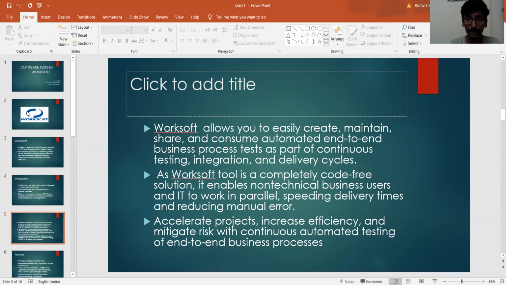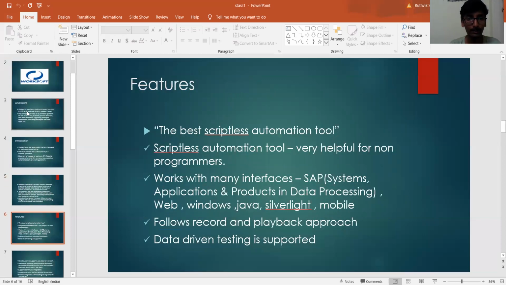We can work with users and IT in a parallel way so that we can deliver speedily and also reduce manual errors. And also it accelerates projects, increases efficiency and mitigates risk with continuous automated testing of end-to-end business processes.